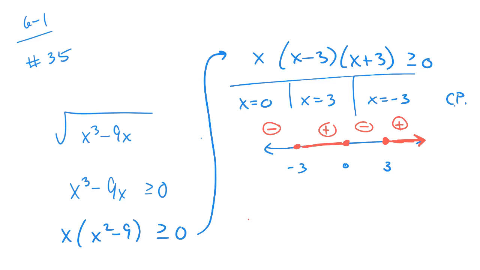Negative 3 to 0 works. Or from? So negative 3 to 0, and 3 and above. Which is up to what's the biggest number we can think of? Infinity. And what do I put at the end of that? Parentheses. Yeah. So in interval notation, those are the values of x that I can take on to give you